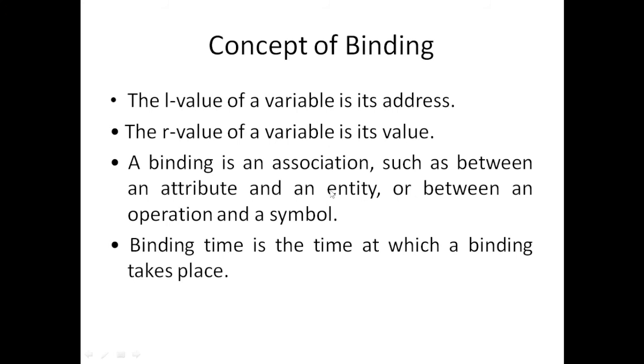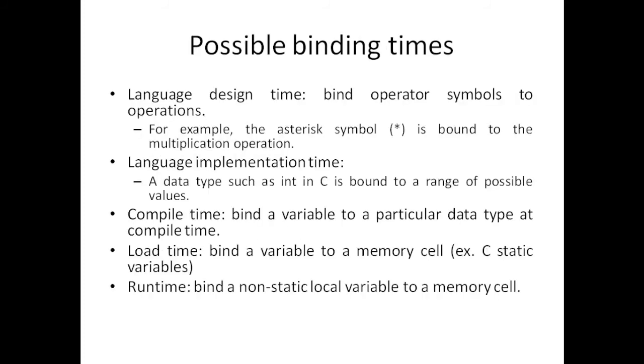Here attribute means parameter, entity means object. The object needs to get access to the attributes inside the class. That is called binding. So binding time is the time at which a binding takes place. Okay, binding time is the time at which a binding takes place. So there are 5 possible binding times